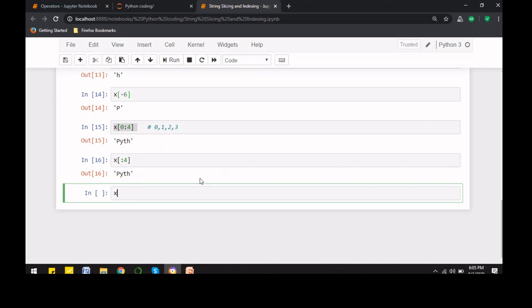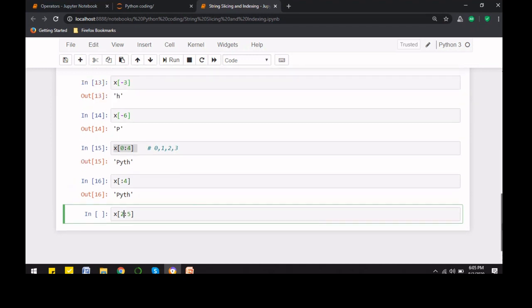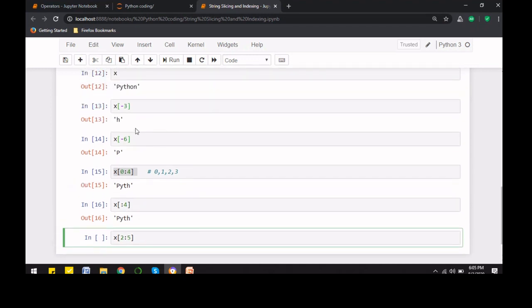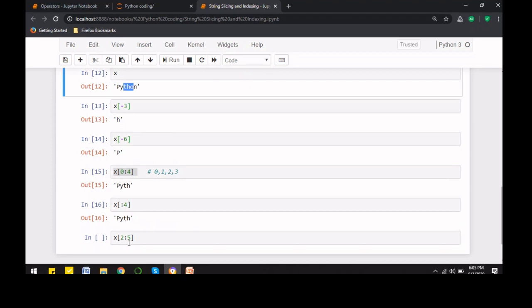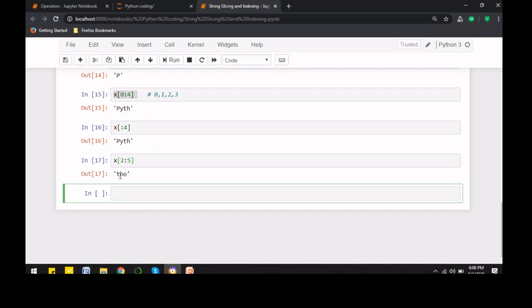Now if I write from, let's say, in between, I have taken some index and I want to reach till the end. And what is the end? The total length is 6, so the end will be size minus 1, or you can say length minus 1, that is 5. Or let's say started from 2. So what will be the output here? It will start from 2. This is 0, this is 1. So 2, 3 and 4, right? Because the last index will never be included when we are trying to have the subsection, right? THO is being there.